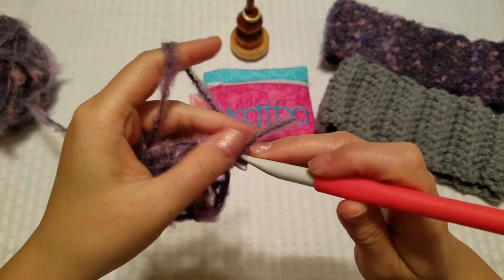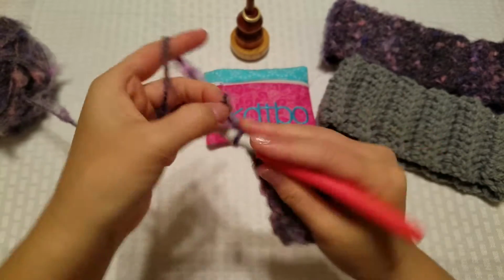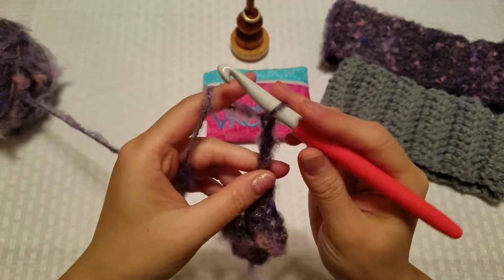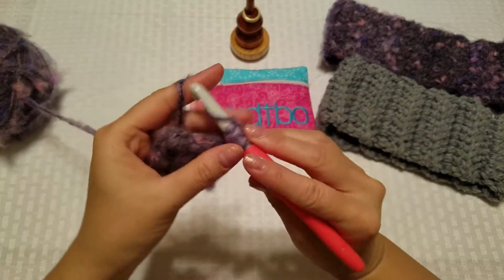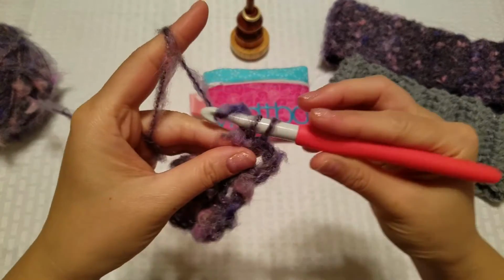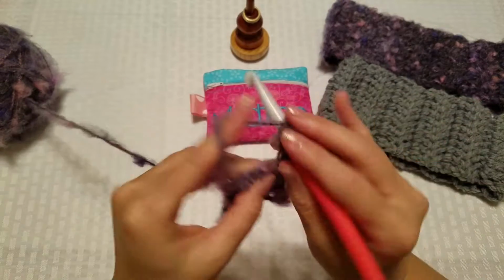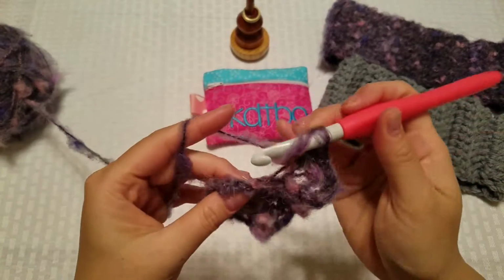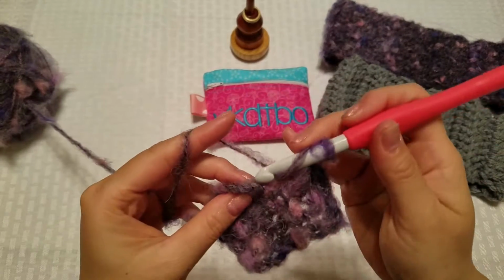1, 2, hide that yarn, 3, and then back loop only, 1, hide that, and I think that was the last one. Awesome. Okay, back loop only, crochet, and you're just gonna keep going over and over again in the back loop